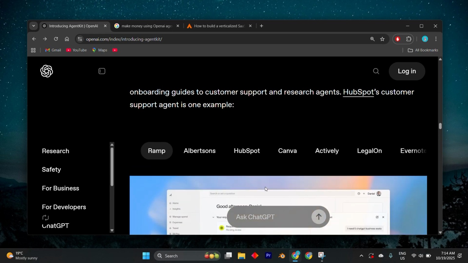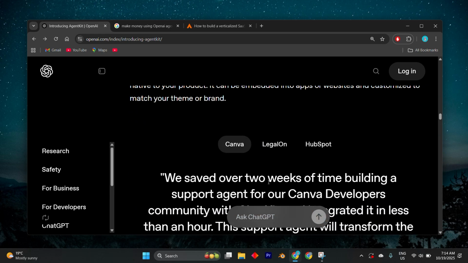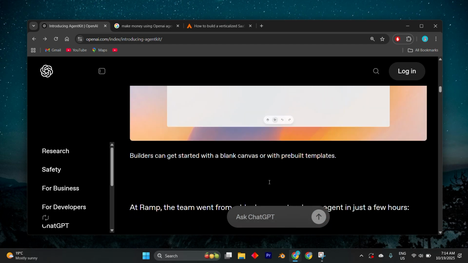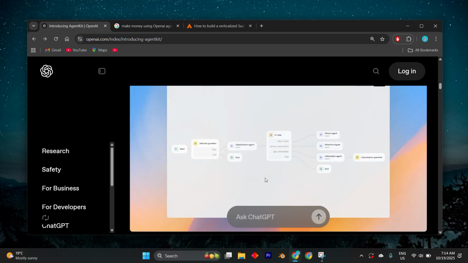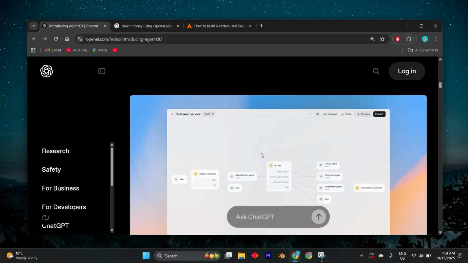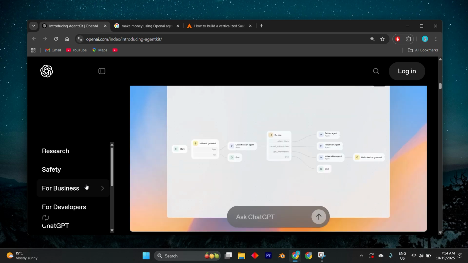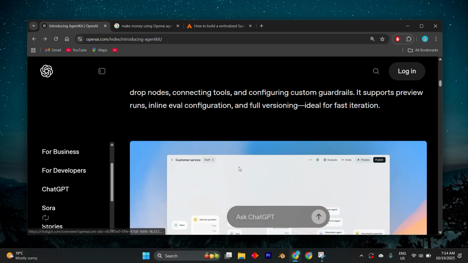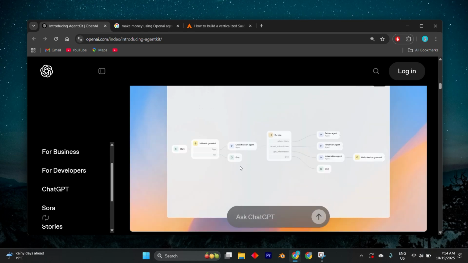measurable ROI. This includes automating core business processes like financial reporting, employee onboarding with custom knowledge bases, or marketing personalization. AgentKit simplifies this by offering tools like the connector registry to link agents to business data and guardrails to ensure safe and compliant operation. Ultimately, making serious money is about being the orchestrator, designing the right logic in Agent Builder,